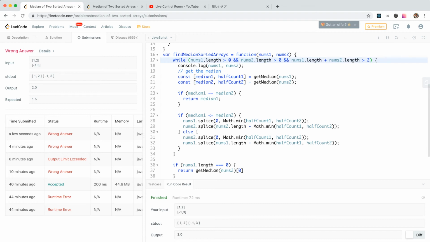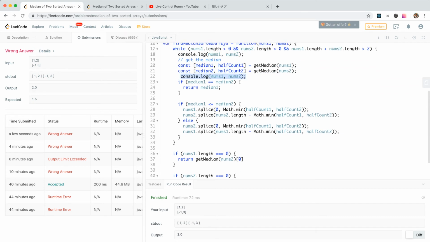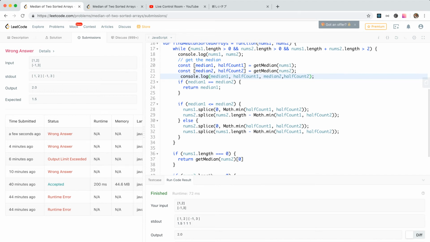One, 2 minus 1, 3. So the median. Sorry. Oh. Median 1. Median 2. Half count 1. Count 2. Median is 0. Full median is 2. And because it's just more than it, it's bigger than it. So we splice half of it. So it is